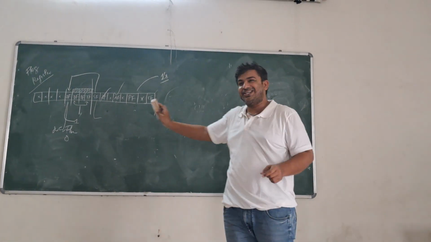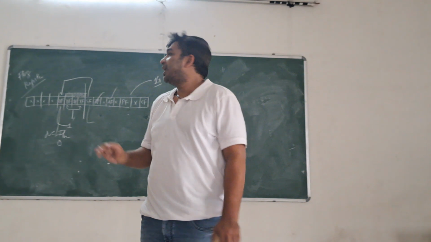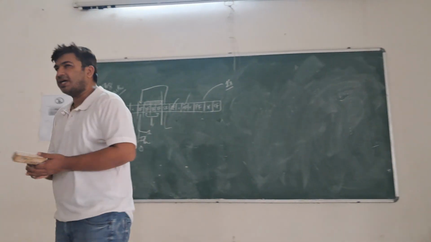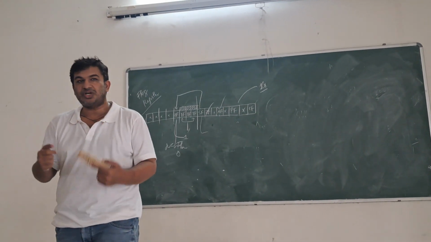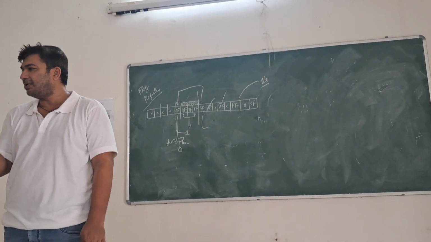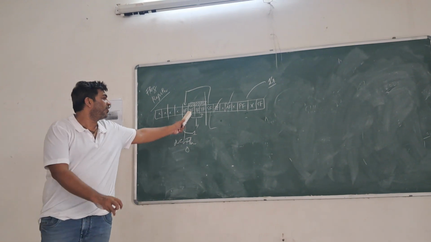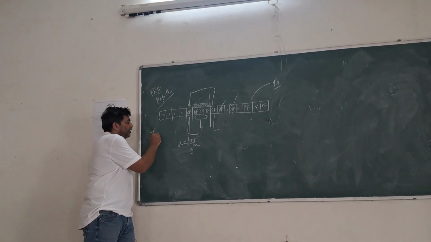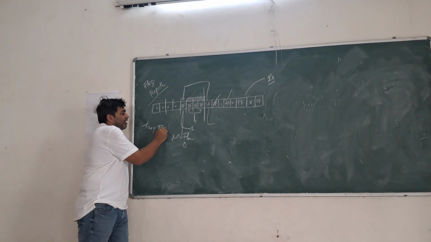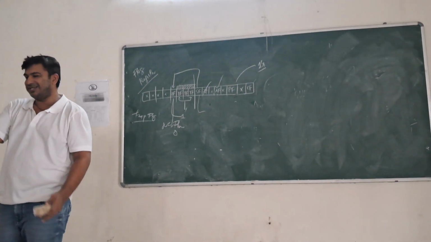These are your status flags. Quite clear? Now there are 3 more flags, which are called control flags. As a user, we can set them or reset them in our program as per our requirement. The first flag is called the trap flag. Now, trap flag is nothing but single stepping.